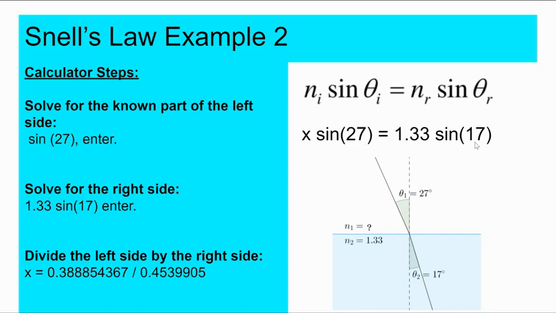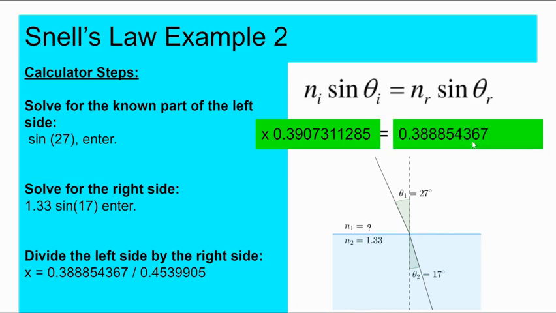Again, to solve on a calculator, we're going to solve for both sides and then eventually solve for the x. So let's resolve the left side first. Take your calculator and find the sine of 27 degrees. The sine of 27 degrees should come out to 0.3907311285. Now let's resolve the right side. On your calculator, let's type in 1.33 times the sine of 17 degrees. You should get